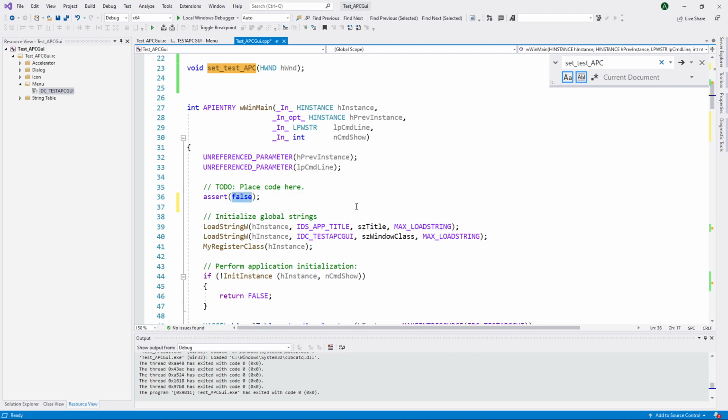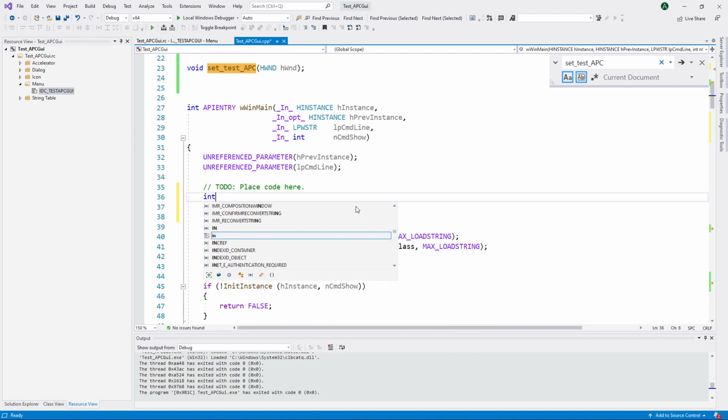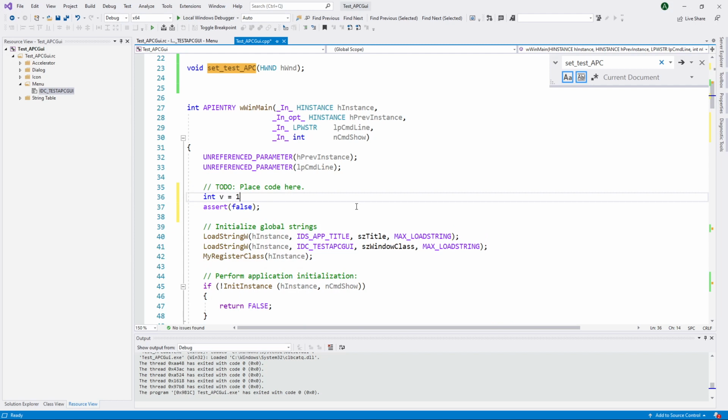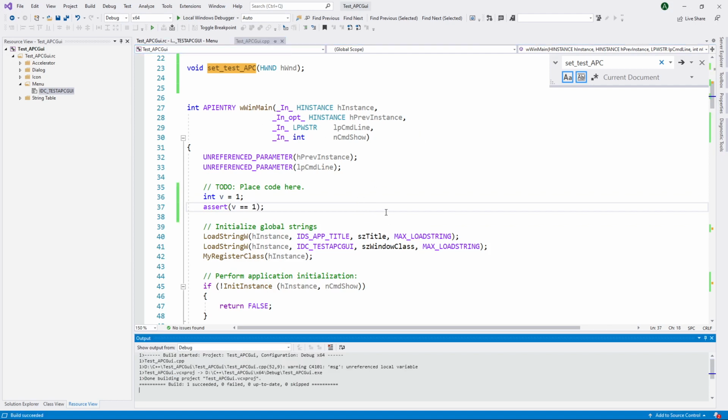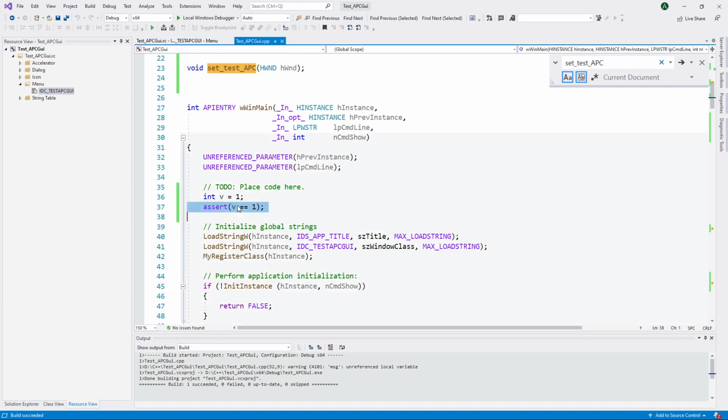If you specify some parameter, let's say int v equals 1, you can check with assertion if v is indeed 1. And what this does, in a debugging build, it will see if this expression evaluates to true,